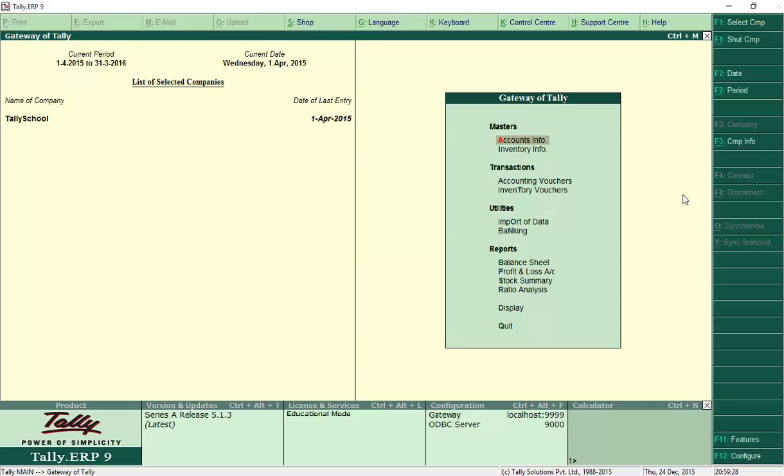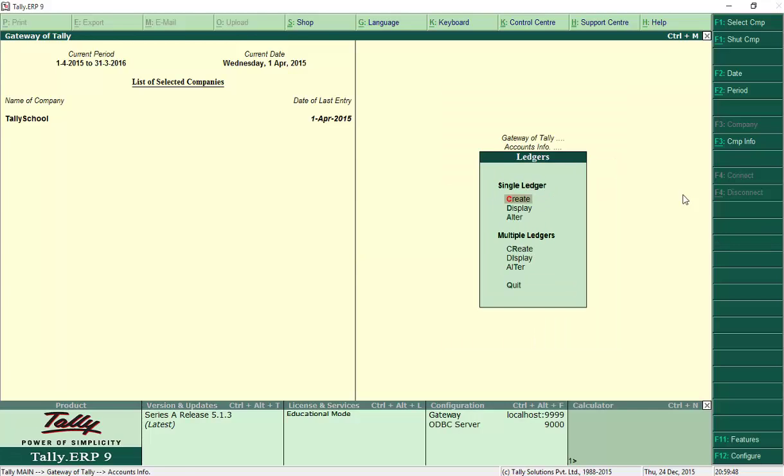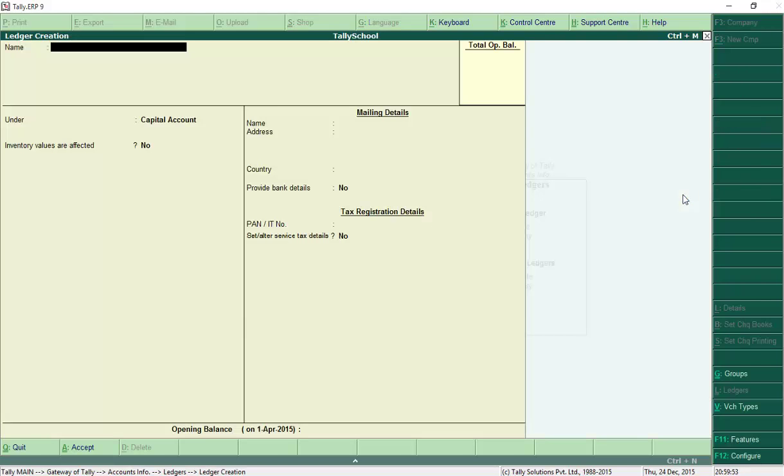From the Gateway of Tally, we first have to create a ledger called intraday trading or intraday profit and loss. I like to call it intraday profit and loss. So let's go and create a ledger, and I'll tell you why at the time of creating it. From Gateway of Tally, go to Accounts Info, then Ledgers, then under Single Ledger select Create and press enter. Now for the name, as I said, intraday profit and loss,